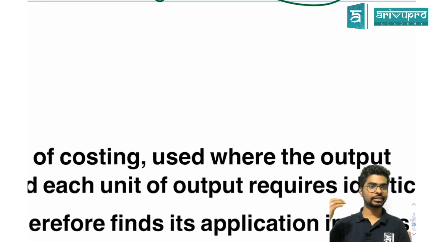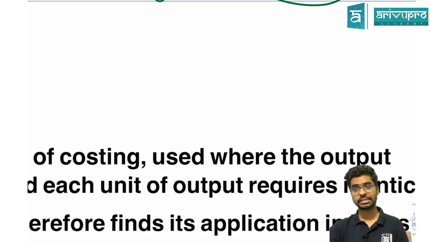Now you can take it as an example of any vehicle manufacturing, painting company, rubber company, or chemicals company. These are all very process oriented organizations, and for these kinds of companies we'll be using process costing. Now when I'm trying to do unit costing, what does unit mean in general? What does unit mean? One, right?